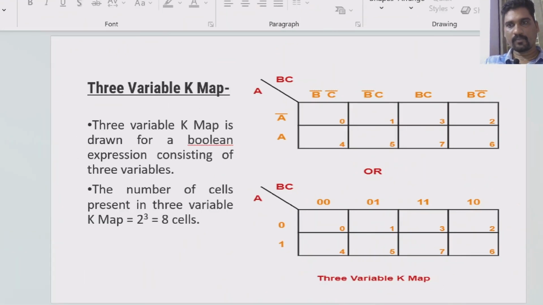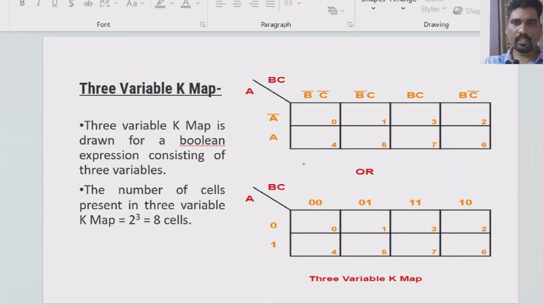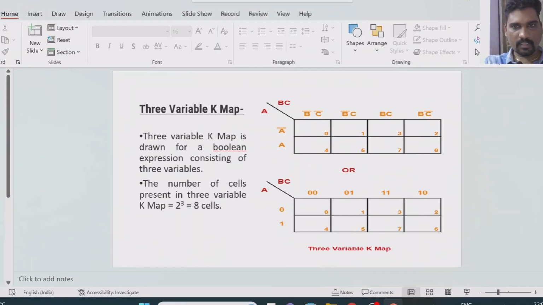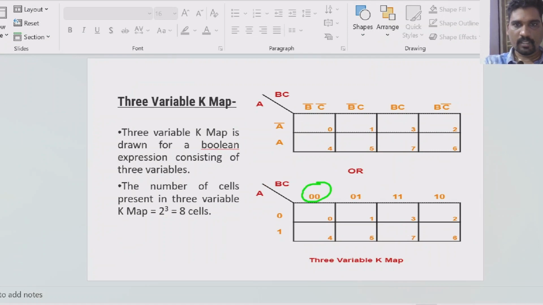Why are you writing 0 0, 0 1, 1 1, 1 0? Again if you want to find out the cell value, this is the combination of 0, this cell, right? What is its value? 0 0 0 means 0, right? For example, 7 means this is the combination of this value plus this value, so 111 means 7. Like that you need to find out. This is in terms of zeros, this variable is in terms of 0. Here 0 means what value? B bar, C bar, that they have mentioned here. This is in terms of the product term, this is in terms of the canonical form.